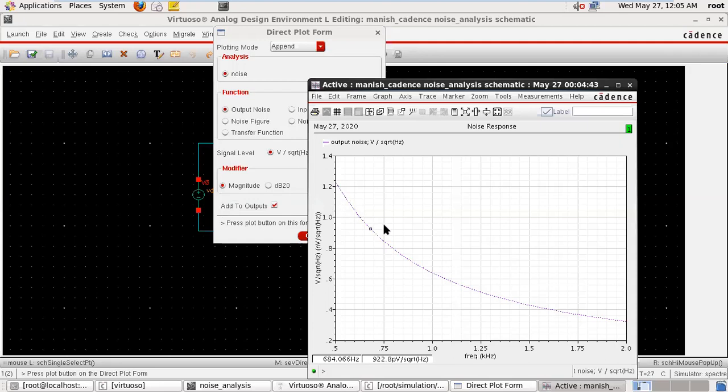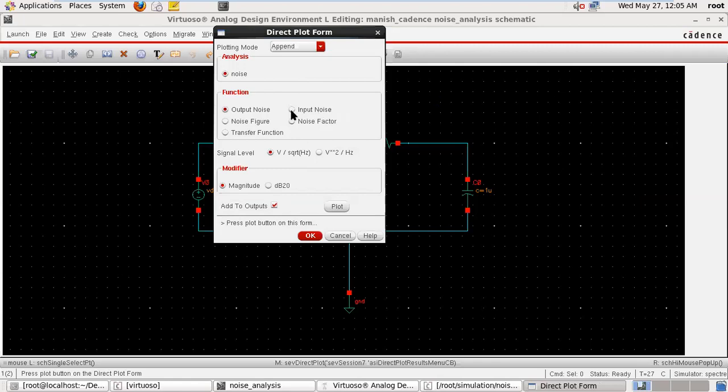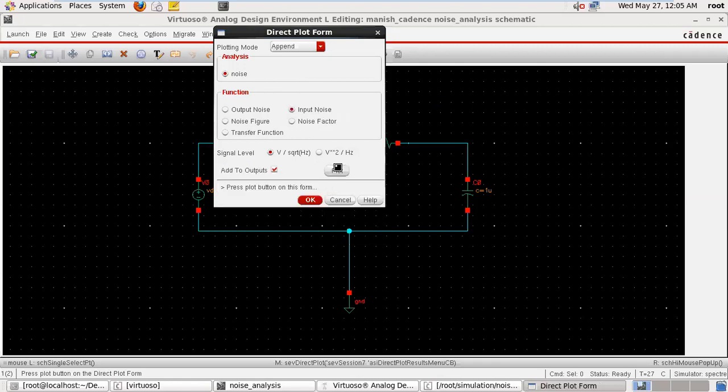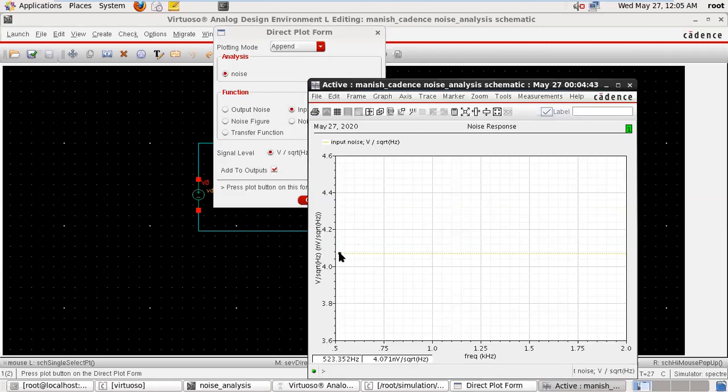So this is my output. Noise is decreasing with respect to the frequency at 1k. This becomes, at 1 kilohertz, 1 by root 2 of its maximum value. So noise is decreasing. Same is the input noise plot. Okay, input is constant, so it is not decreasing.